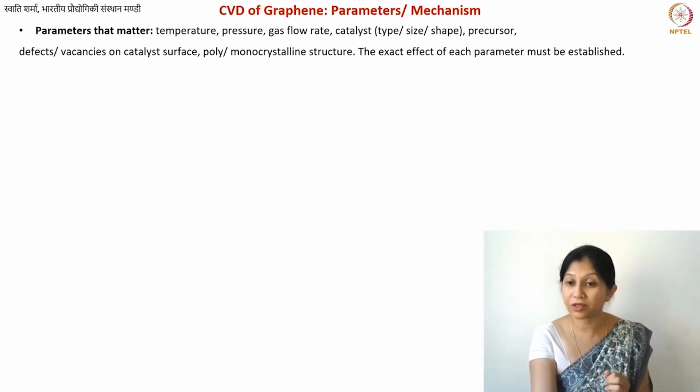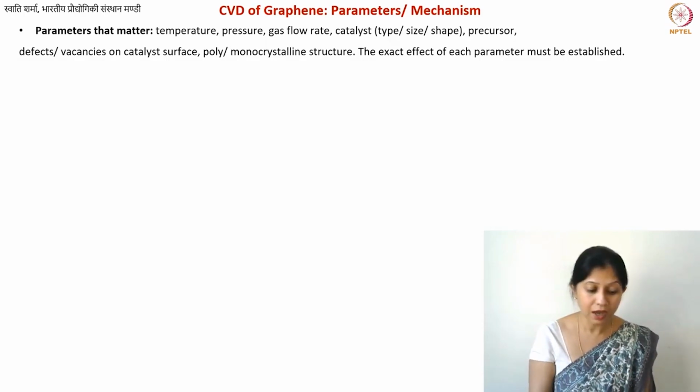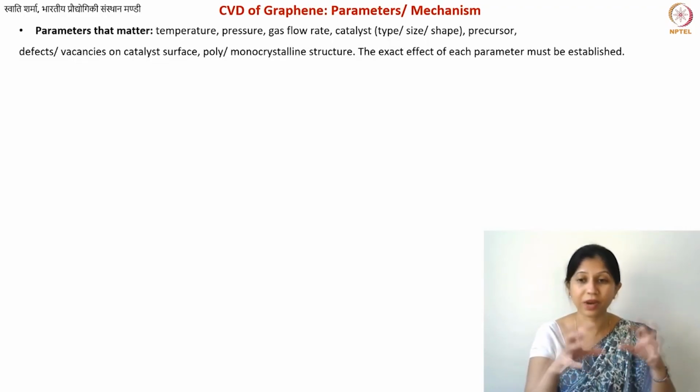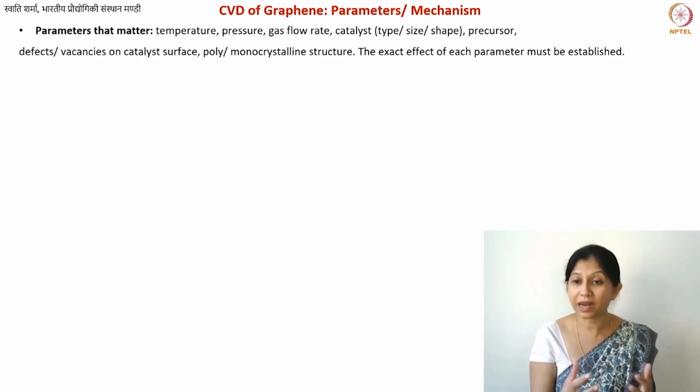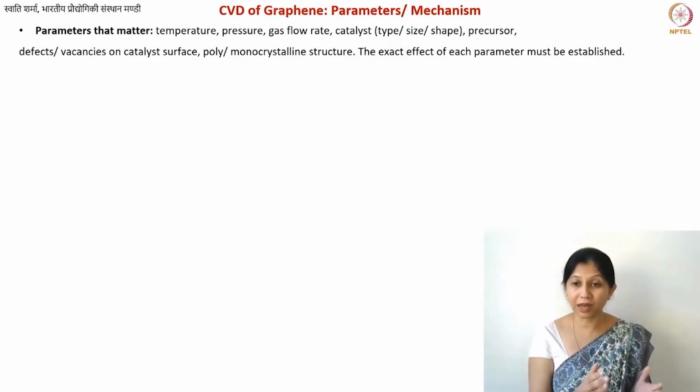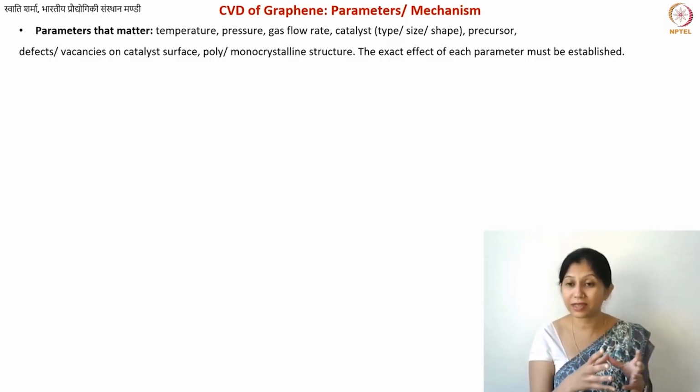the decomposition, the pyrolysis of different hydrocarbons. So we have mainly talked about pyrolysis of methane, but one can also use acetylene, even benzene, many other hydrocarbons, even some liquid phase hydrocarbons like light alcohols and so on can be sprayed inside the CVD chamber, and you can also pyrolyze them and get some solid carbon from them. So this is something that you know, that even liquid and solid hydrocarbons are pyrolyzed for various applications, for making different types of carbons. So you can actually have a variety of precursors, a variety of substrates, and also of course